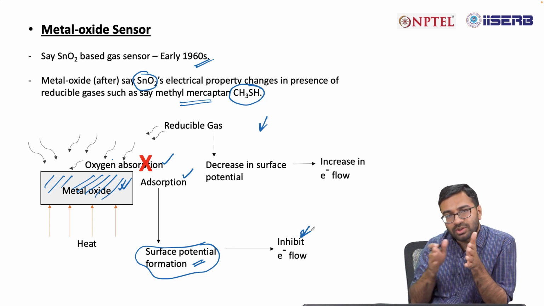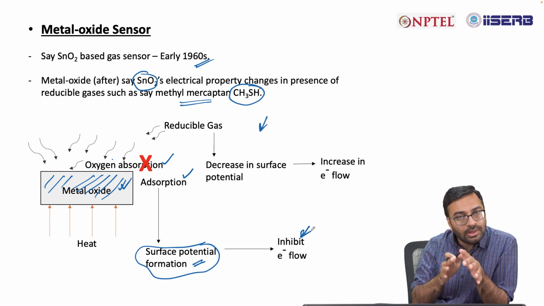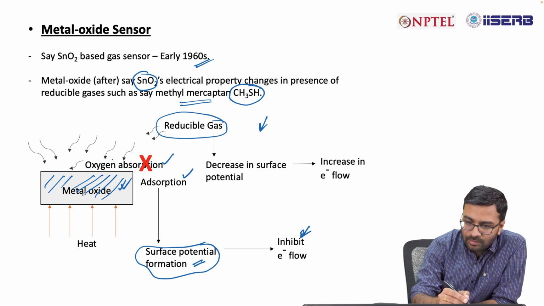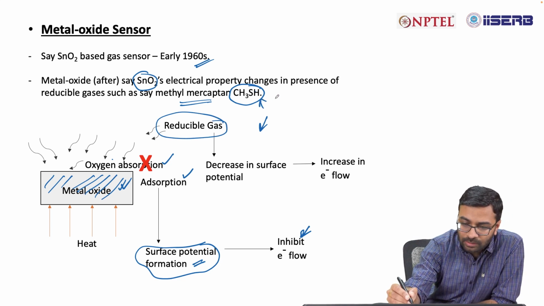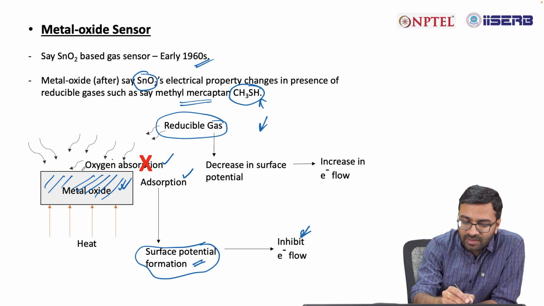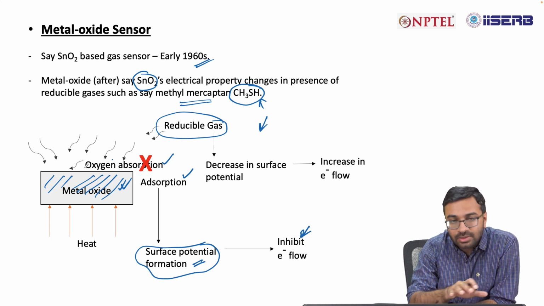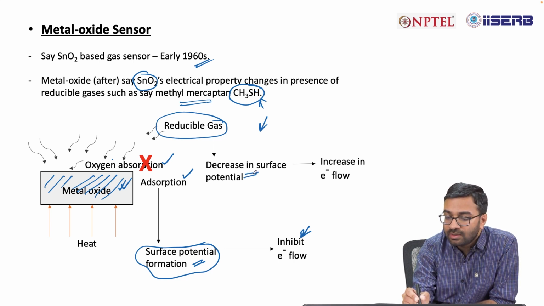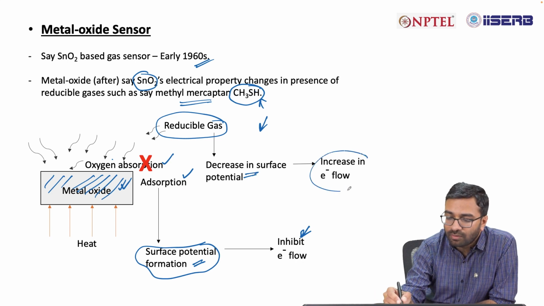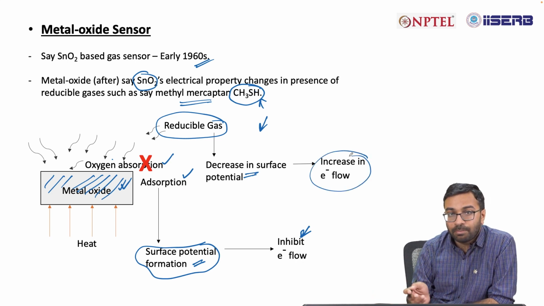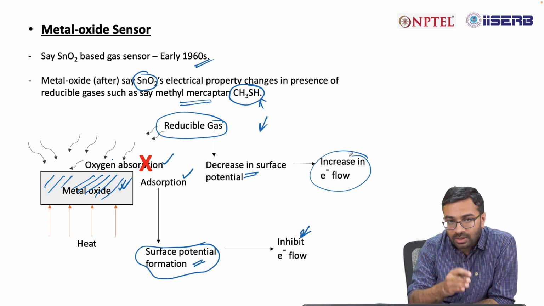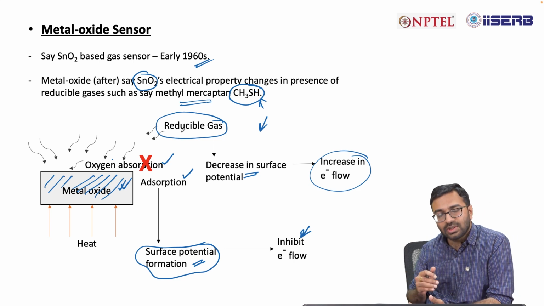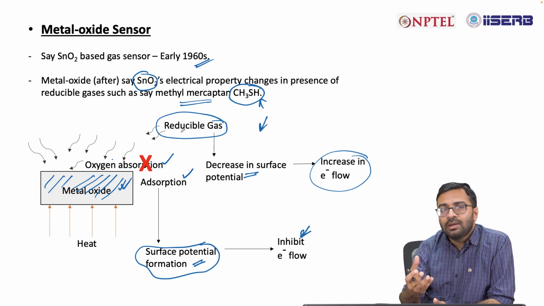So it restricts the flow of electrons in that material. Now if you have a reducible gas, the example is shown over here, methyl mercaptan, it will decrease the surface potential because it will reduce some of these adsorbed oxygen, and that surface potential decrease in turn will increase the flow of electrons, because previously the presence of that surface potential was restricting the flow of electrons in that material. Now because you have a reducible gas, it decreases the surface potential, and that's why there is an increase in